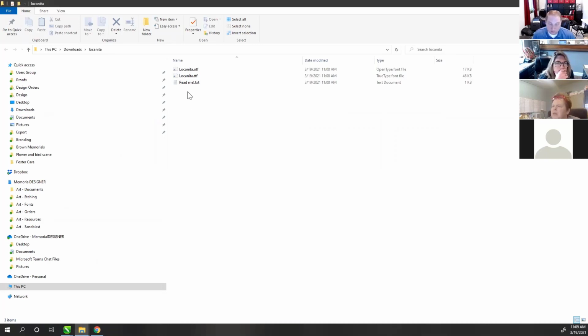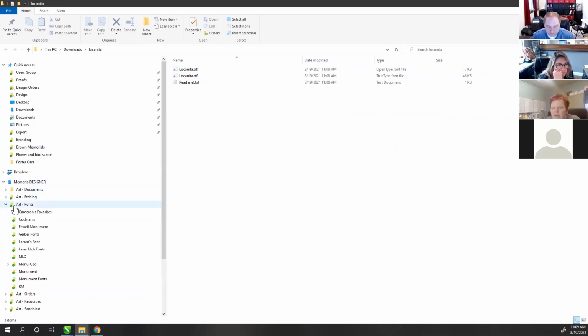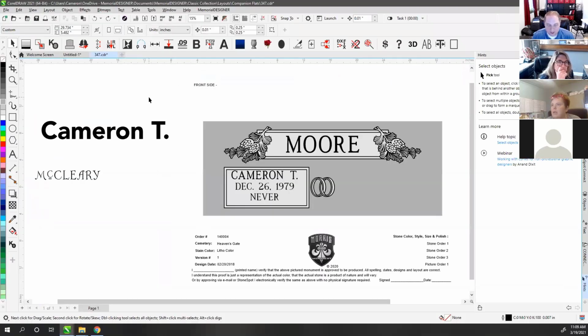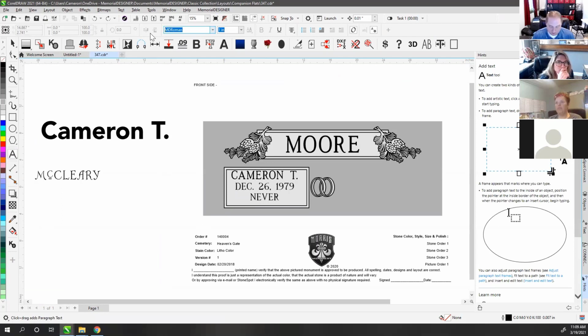If it were me and I wanted to keep my organization of my fonts clean, I have a monitored folder that I just drop my fonts into, because it's super easy to install that way. Over here, you'll see I've got this fonts folder. I've got my favorites, and different versions of different companies. If I went to my favorites font folder, all I do is take that font and drop it into my favorites. And now all of a sudden it's installed and ready to go. I don't even have to reopen Corel or anything. It's already there. So if I go to the text tool and I type in La Conita, whatever the